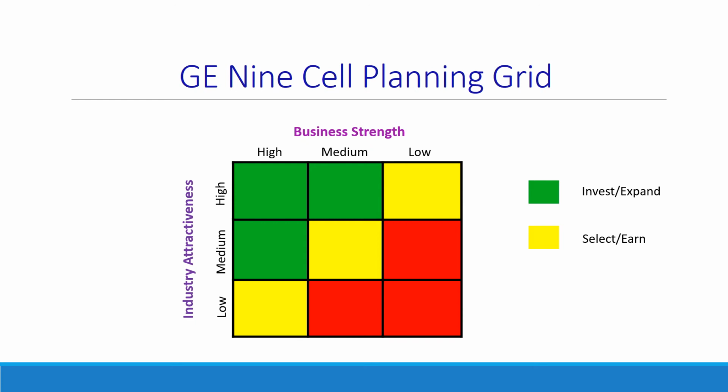The average strength with medium attractiveness and the strong strength with low attractiveness indicate a good position to earn profit with the present level of capacity. And the third cell provides a flexible situation. It represents